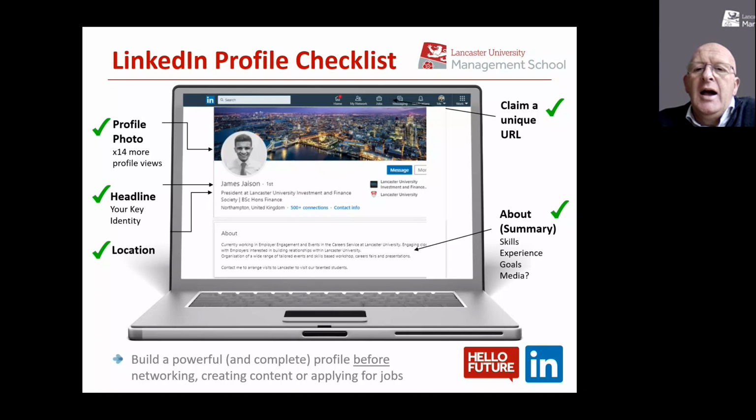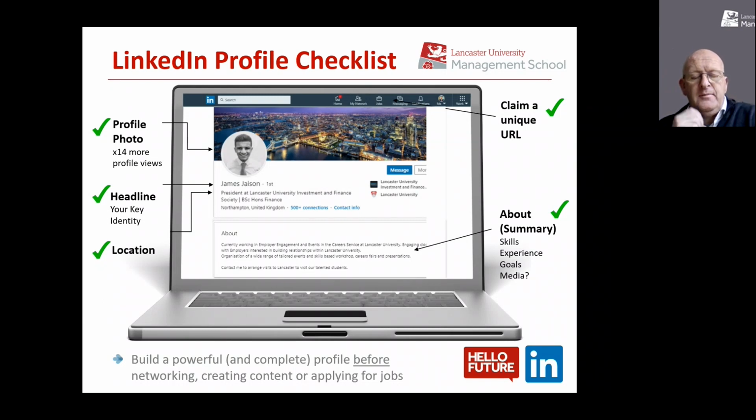So again, your skills, your experience, your goals, the media you use, etc. This is actually not James's about. This is somebody else's. We just put in there from one of my colleagues. And you can see that just gives a snapshot of what people are about. It's not your full detail. It's much more akin to the profile on your CV, if you like, or the career objective on your CV, than it is a detailed story. You'll see there's plenty of other space on your LinkedIn page to be able to put in much more detail about your education, etc.